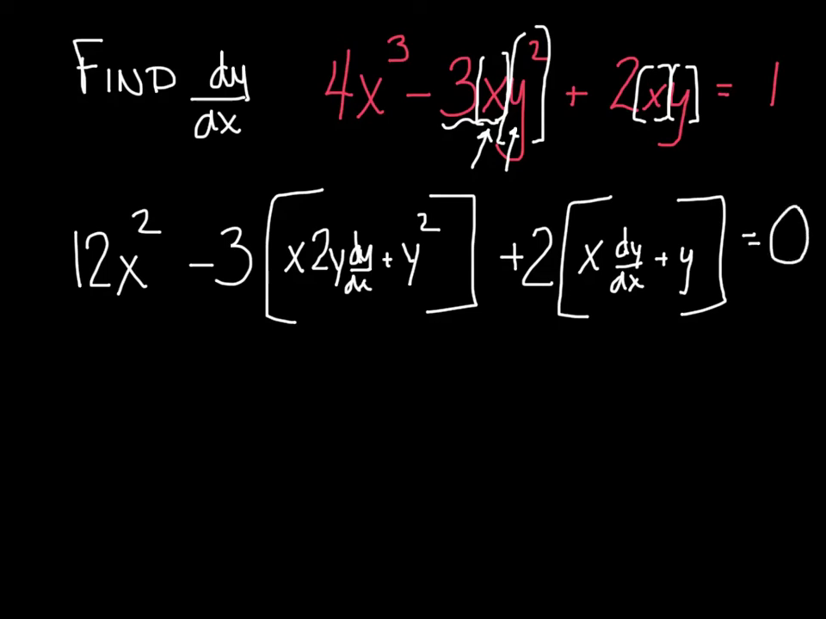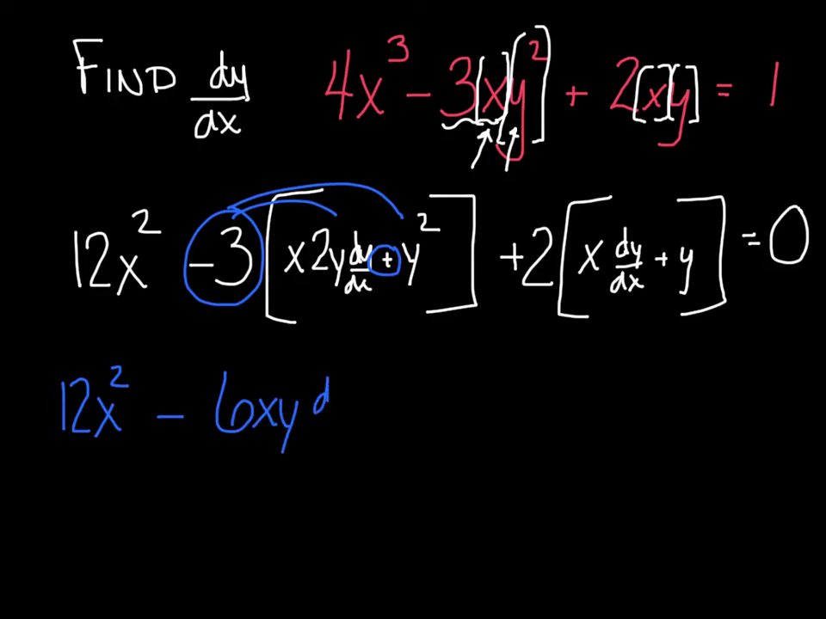If you got that part, you did the hard part. That's the calculus part. The rest is just cleaning her up. So now I'm going to say this is 12x squared, and I'm just going to nicely distribute this negative 3 through. Notice I'm distributing because of that plus sign. So I'm going to say that becomes negative 6xy dy/dx